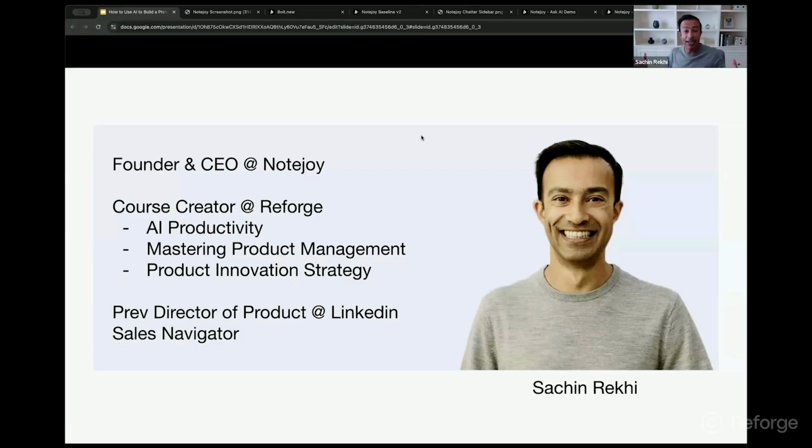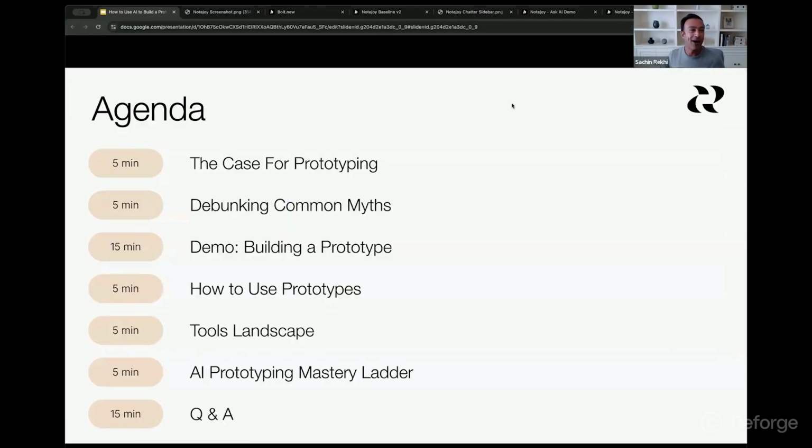Before this, I've spent my career balanced between startups as well as large companies. Most recently, I incubated LinkedIn Sales Navigator at LinkedIn, grew that, and now I'm back to the startup world. So that's enough about me, but let's talk about what we're going to cover today in this morning's session.